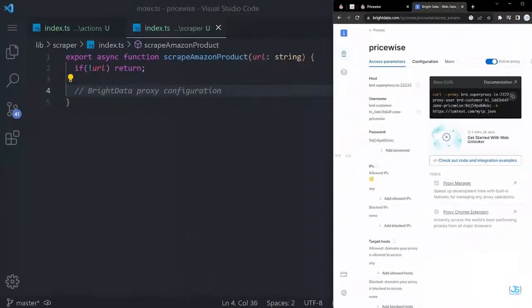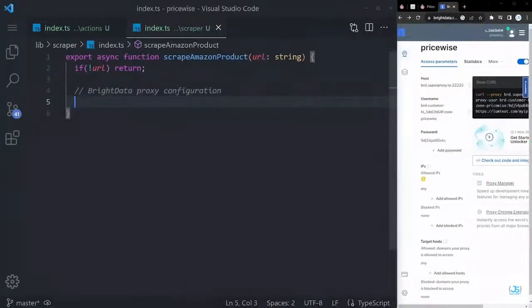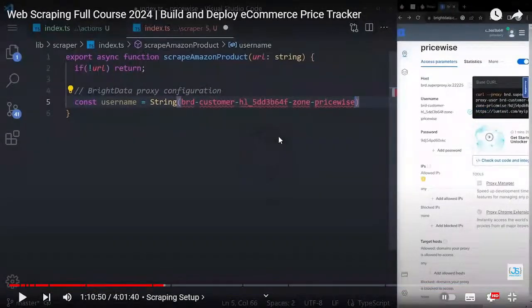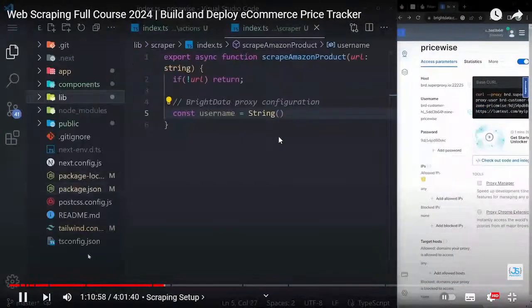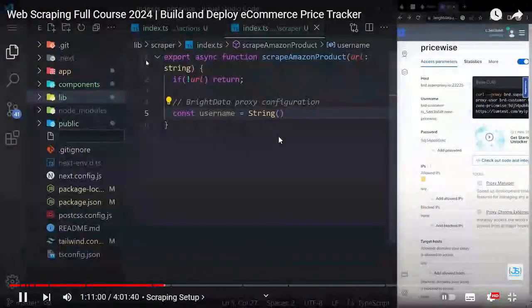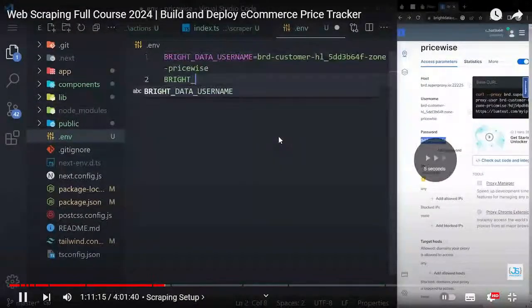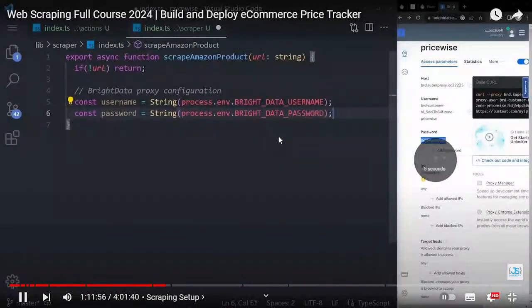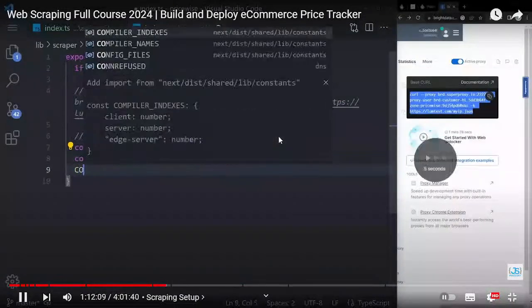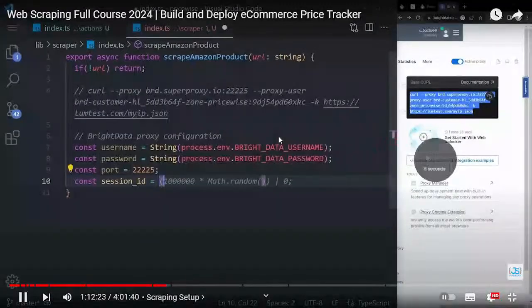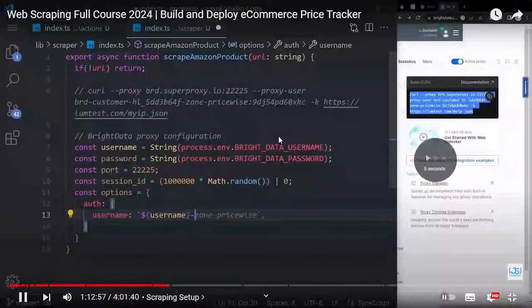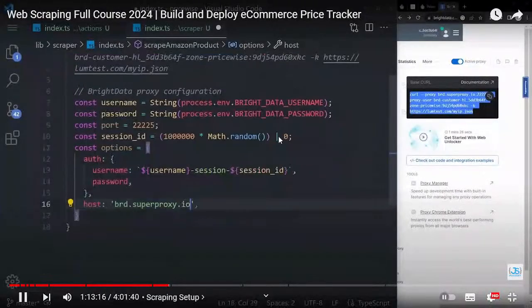So let's utilize this within our code. Right here, we can just copy this here and paste it directly, but data is safe. So let's create a new username variable, right? I'm saying process or password. And we can declare it by, we also want the numbers, session ID, add a dash, super proxy,